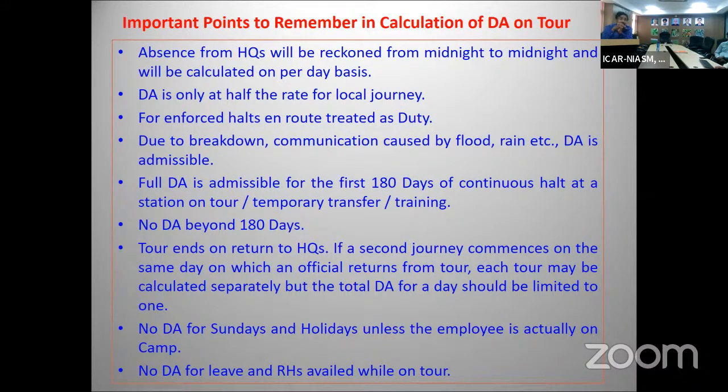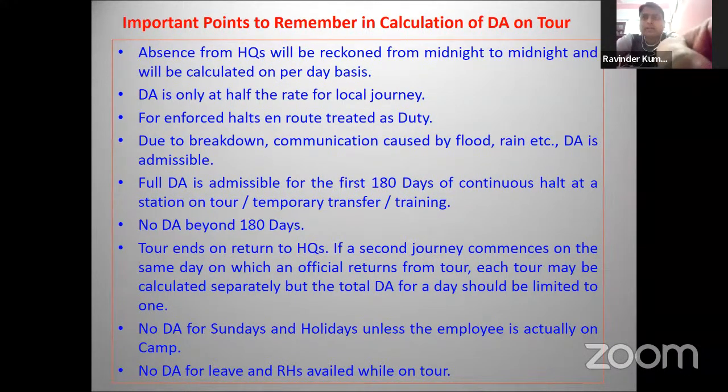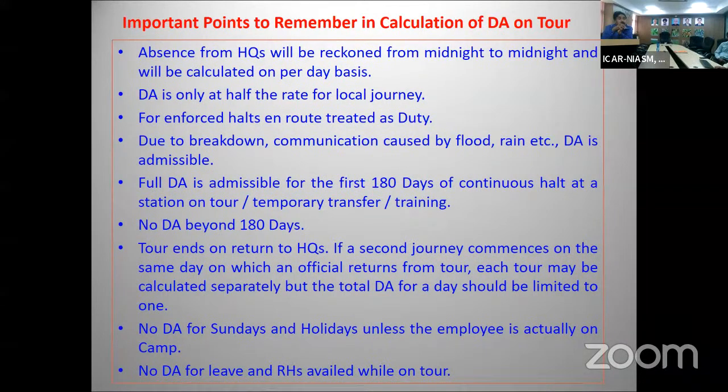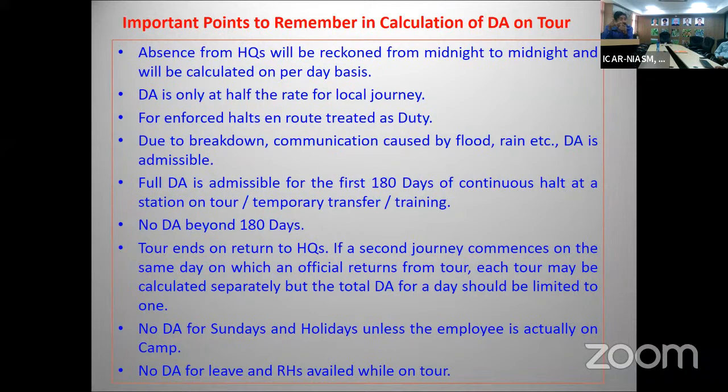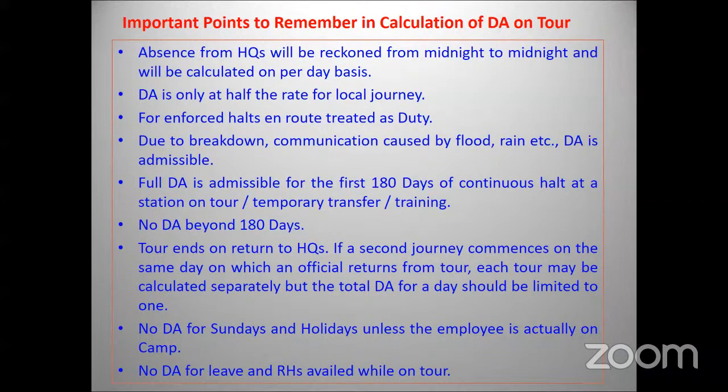सर, जैसे कोई अगर 13 को 1 PM पे निकलता है और रात को 1 AM पर वापस आ जाता है, तो उसका कितना डीए मिलेगा? आप 13 को 1 पीएम में निकलेंगे, तो आपका 12 घंटा नहीं हो रहा है। रात 12 बजे तक आपका मोर देन 12 आवर्स नहीं हो रहा है, तो आपको 13 का 70% डीए मिलेगा।